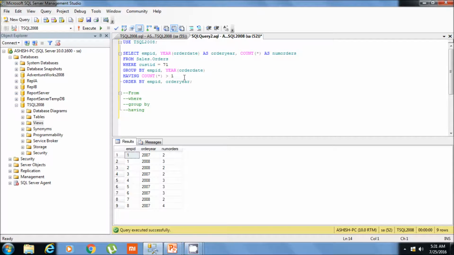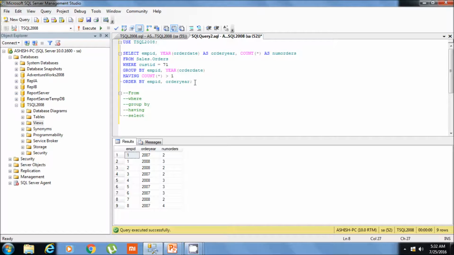So at least two orders should be there in the result. After having we get the select clause. So we will have orders from customer ID 71 grouped by employee ID and year where we have at least two orders, and we are fetching employee ID, year of order, and number of orders as output rows.